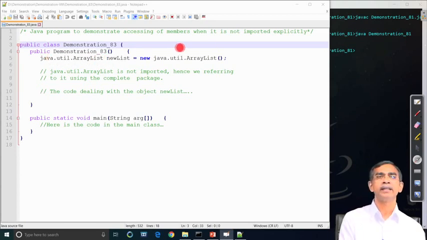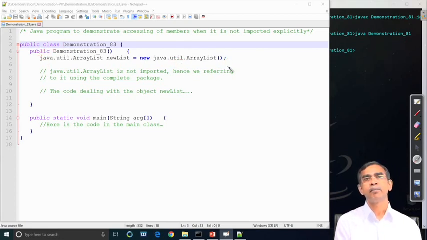ArrayList is already defined in the package util, and here you can see how we have done it, explicitly mentioning by means of dot, java.util.ArrayList newList. This means that we want to create an object which belongs to util, the class type is ArrayList. So, this is also a way, and you can note that we did not use any import statement. But the good practice is that import statements be used in your program. If you use import, obviously the program will run a little bit slower, but if you do it explicitly, it is faster of course, but this speed is not so important and it is a negligible speed improvement if we say so.